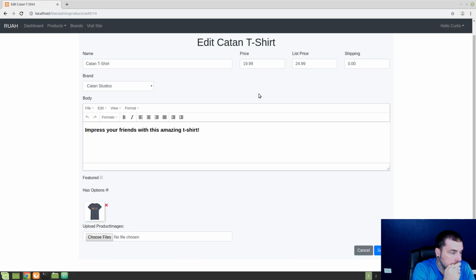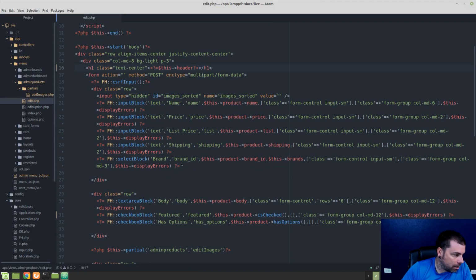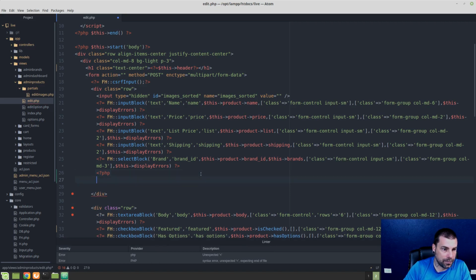okay, we're going to add right here an inventory text field, and it's going to be disabled if we have options, and we're going to use JavaScript to update that. But if it doesn't have options, we want the inventory to show there. So what we're going to do is jump in here, and down here underneath brand, let's go ahead and open some PHP tags, and we'll skip down a line here, and we're going to say